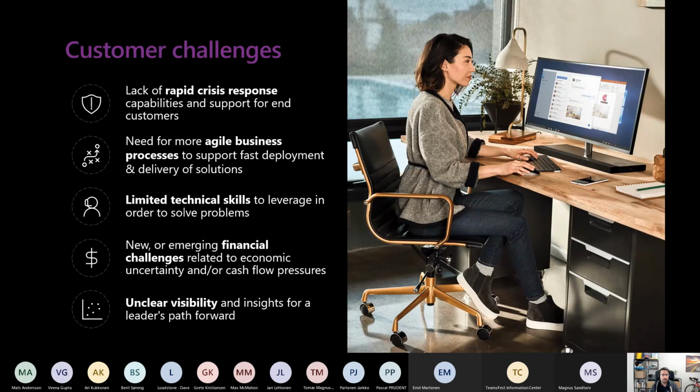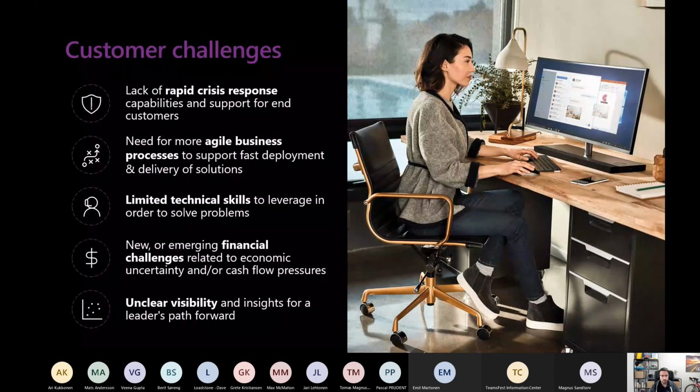Another need is the possibility to spend less in creating applications. Another challenge is the unclear visibility inside your company when you have to create or manage some application.